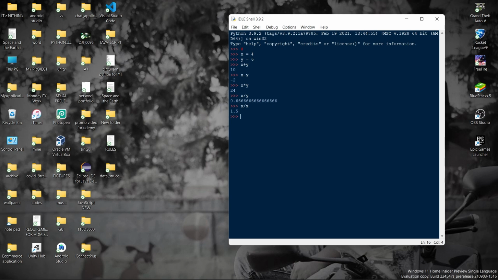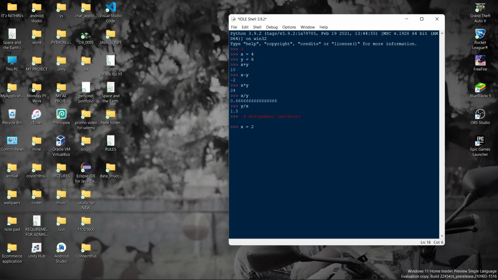Okay, now we are moving on to the assignment operators. Assignment operators are nothing but operators with which you assign a value. For example x is equal to 2. We have assigned a value to a variable, but when it comes to assignment operators, we have to assign a value by using an operator.